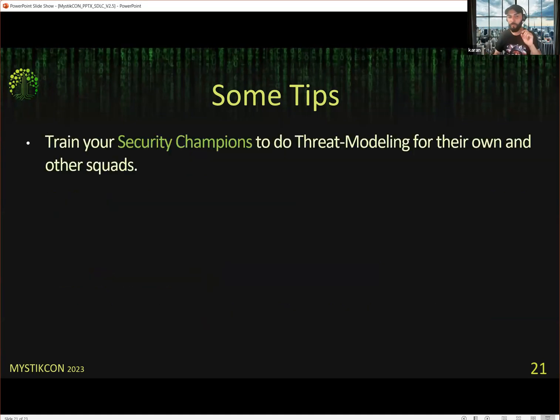Another thing I quickly want to mention is that more and more organizations we deal with always say they don't have enough security resources to be able to do threat modeling. And as I was saying, because of the rapid pace of DevOps, there is a huge demand. The companies still want to do threat modeling. However, there is not enough resourcing to be able to do that.